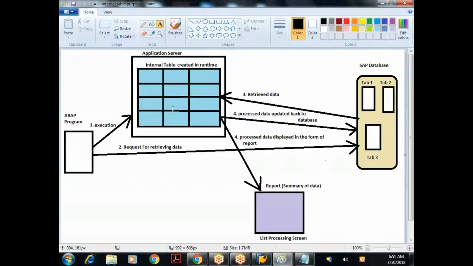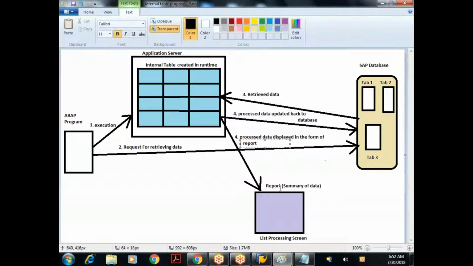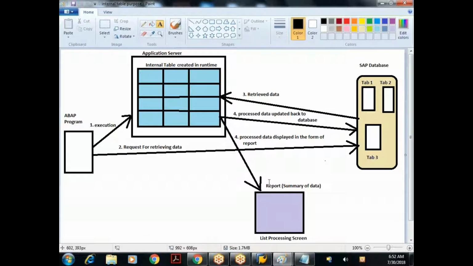That processed data I can update back to the database. Or this processed data we need to display to the user in the form of a report. A report is nothing but a summary of data. I'll be displaying the report on the output screen, nothing but the list processing screen.